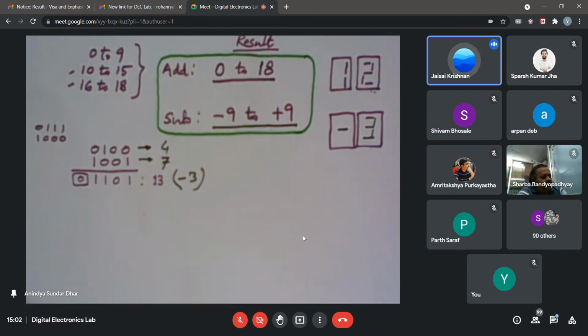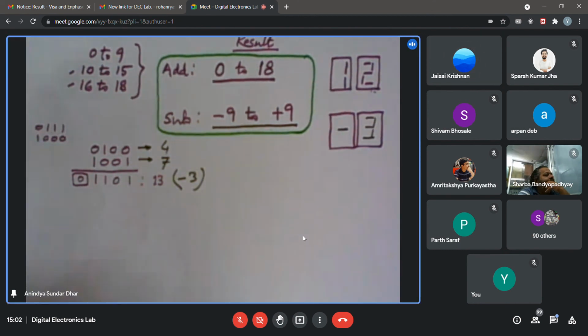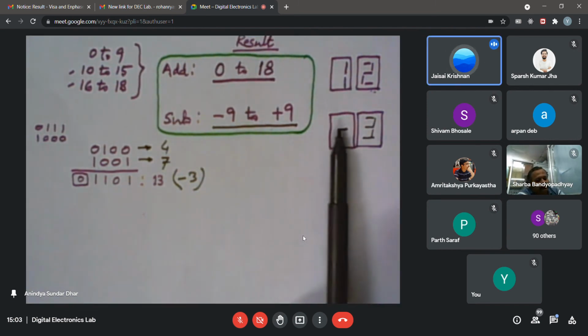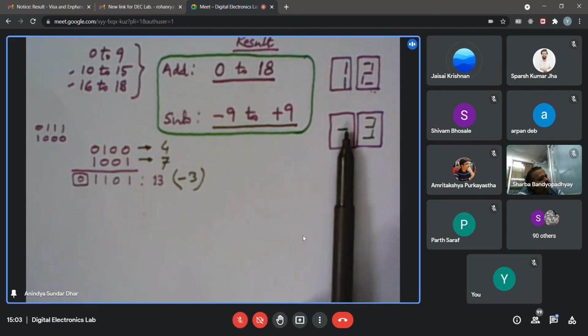I have one doubt regarding the subtraction part. In the challenge problem, when we subtract, like 7 minus 4, we'll get a positive result, right? So what should we display in the left display? Should we display a plus sign? No, I think that will not be needed. Think about your calculator. A calculator doesn't display a plus sign. So neither 0 nor any plus sign will be displayed.